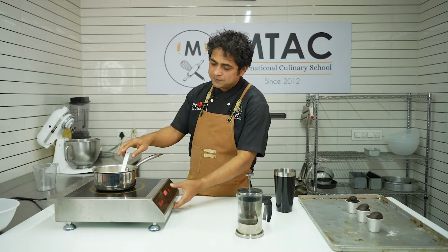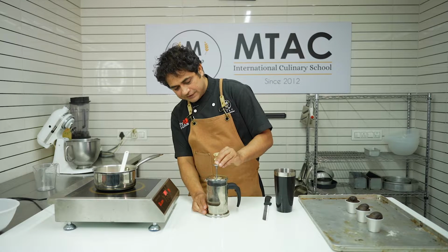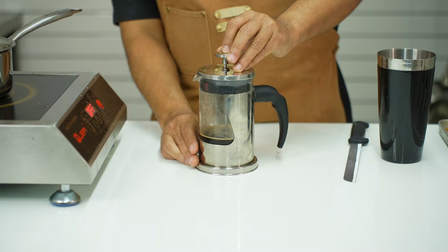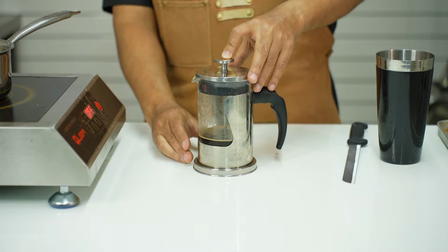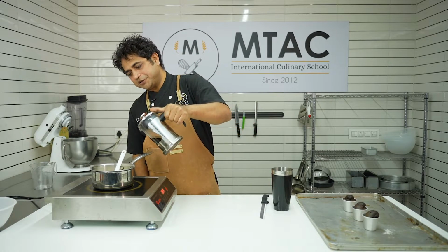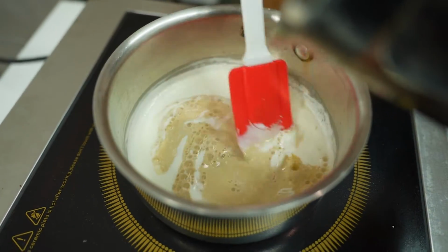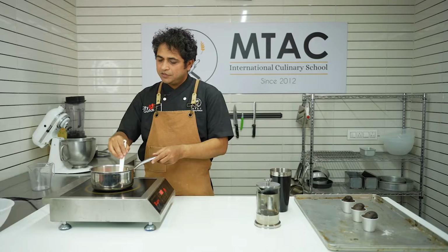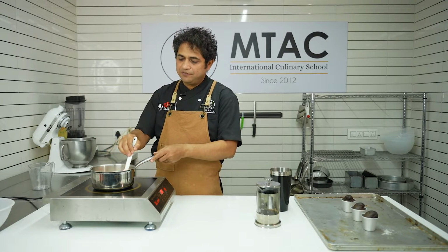Now stop the heat once, and on the other hand your French press coffee is ready. Now press it, so you'll get your coffee on top. Now you press and you will get your coffee on top, which is your concentrated coffee decoction. Now I am going to pour my coffee decoction. Keep cooking for some time. Once you feel the cream is getting a little thickened as you have added some liquid,